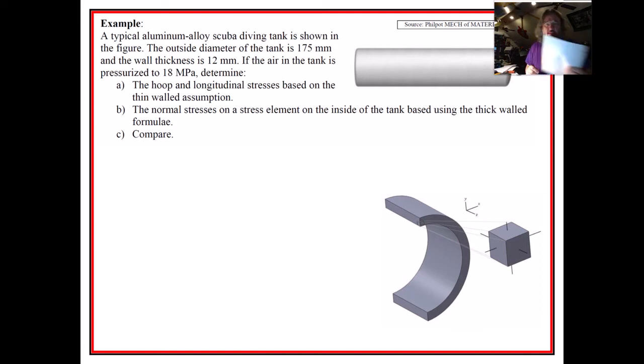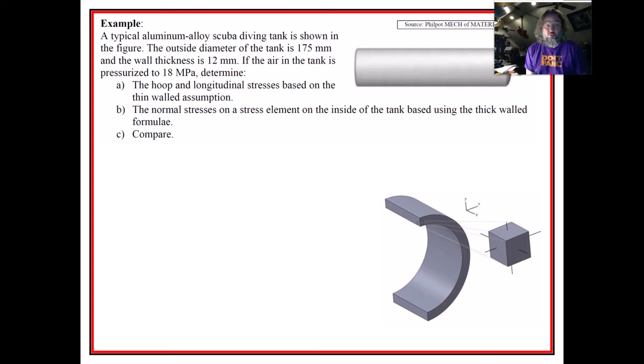This is video 3 of class 4 for ME370, and we introduced pressure vessels in video 1. In video 2, we introduced thin-walled approximation, and here we are in video 3. We're going to do an example, and this is a problem out of Philpott's Mechanics and Materials, and we say